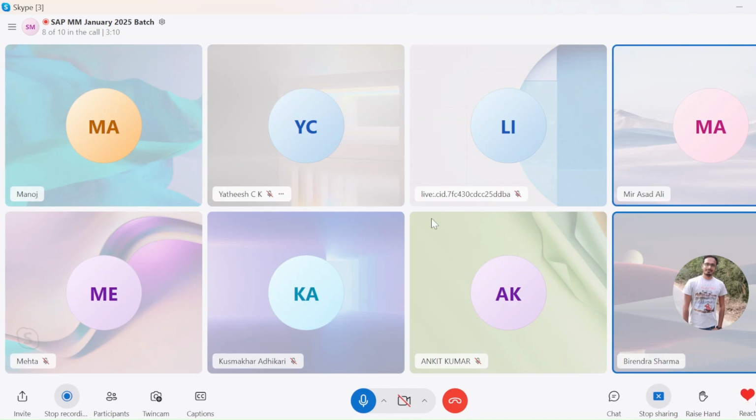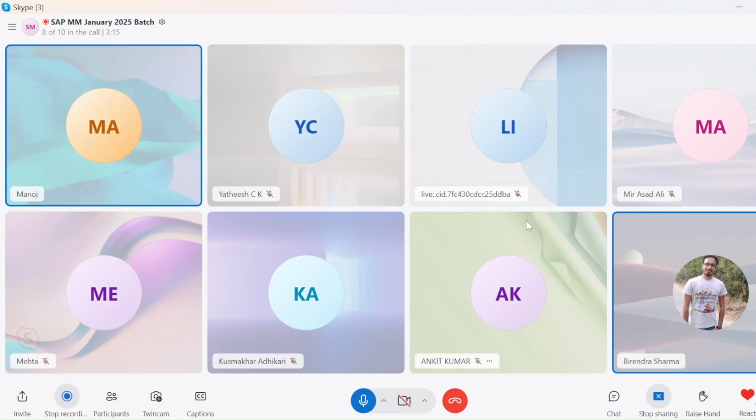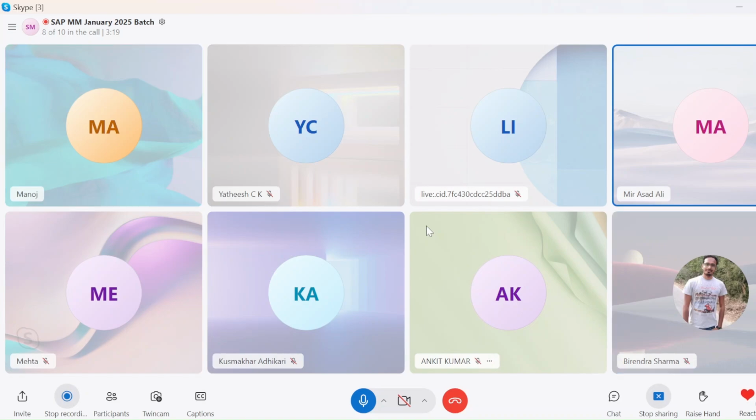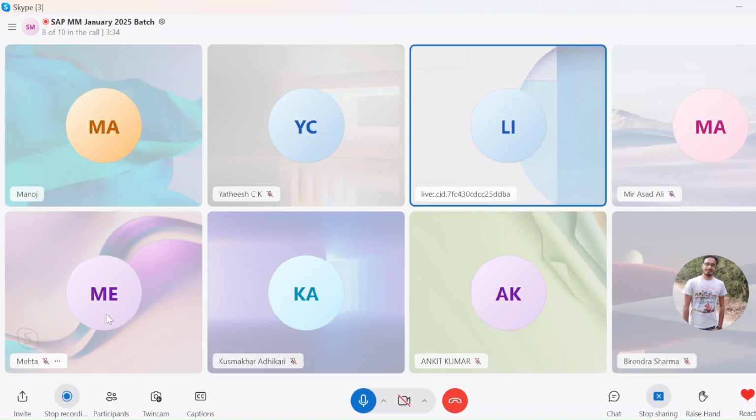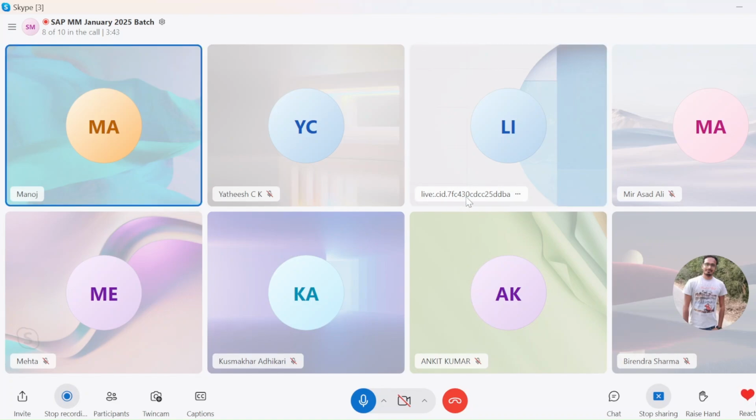No, we are fine, we did it yesterday. You guided me and I was able to log in successfully. So everything is fine now. On my side also, the same thing. Okay. Others, Ankit, Yatish, Gaurav, and for Mr. Mehta, I will help you. Sir, I have already installed. Okay, you have installed. Is that Gaurav, right?